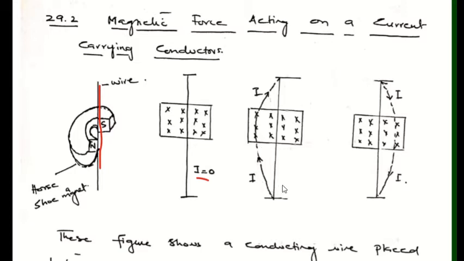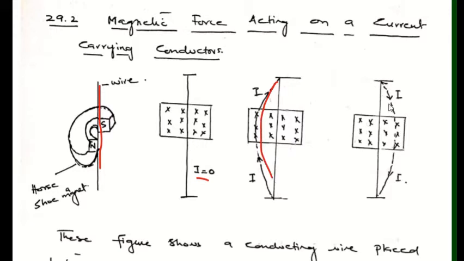And it is because, if you remember the right hand rule, if you point the fingers of your right hand towards the screen of the laptop, the thumb will point in the direction of the drift velocity of the charges, and the palm of your right hand will point in the direction of the magnetic field. If you do this, you'll see that the force will be acting towards the left side of the screen, and that is why the wire is stretched towards the left side.